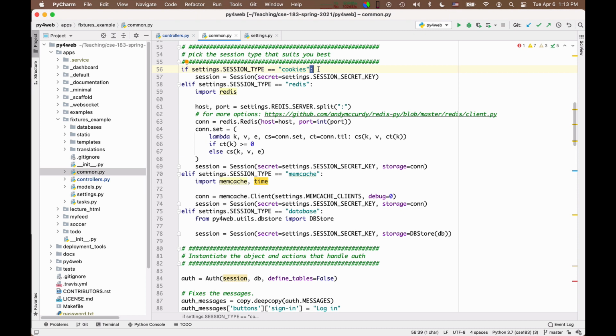So what are the advantages and the drawbacks? The advantage of keeping the session in the cookie is that you avoid a database lookup. This saves you a little bit of time. The cookie, you have it already, you don't need to look up the string in the database, you just need to decrypt the cookie.